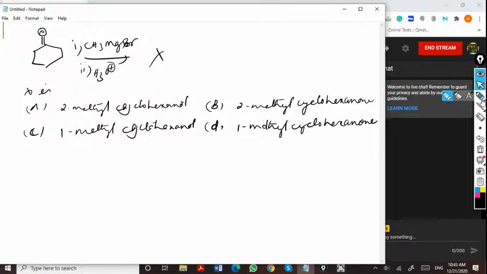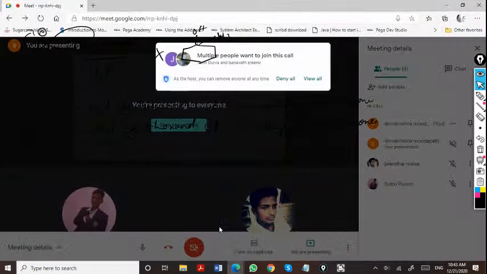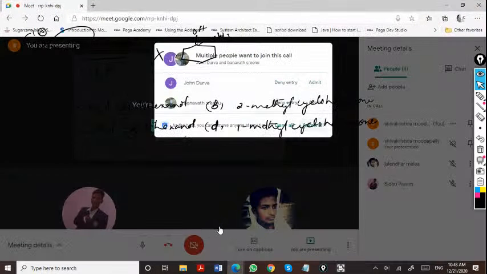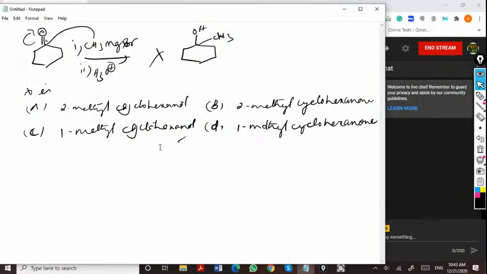Yeah, it is going to attack here. Yeah, this becomes this. 1 meter cyclohexanol. Okay. So next,